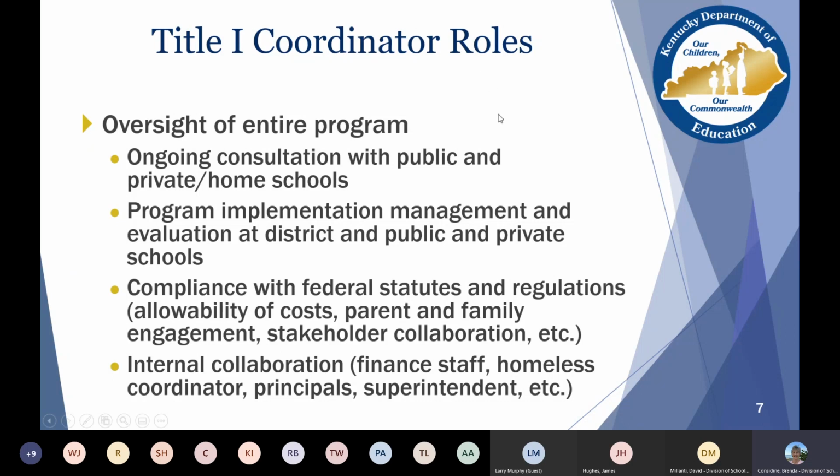David, do you have anything you want to add on a coordinator role that I've kind of left out? No, not at this point. Okay. Anybody have any questions? Nothing in the chat box so far. Okay. And please tell me if I'm going too fast. I can slow down. If you want to have a conversation, just jump in. We're as informal as possible.